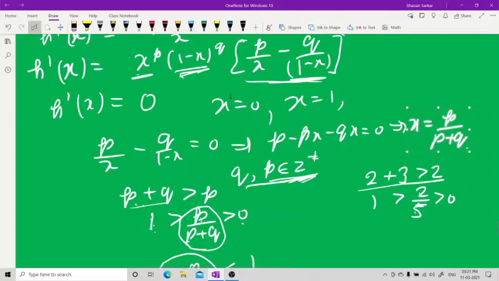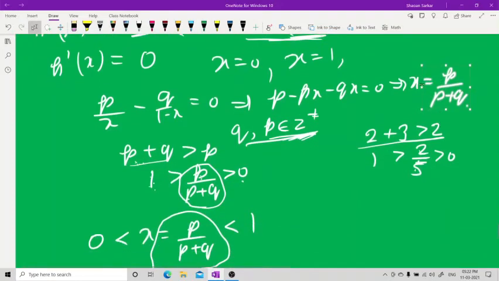If you take p equal to 1 and q equal to 1, you will not get this as extreme point at all, you will get this as extreme point. This is the important thing, and this extreme point is a maxima. I have to show that this point is a maxima. This is a maxima, and the maximum value we will find a little later. Once this is shown as maxima, the work is done.